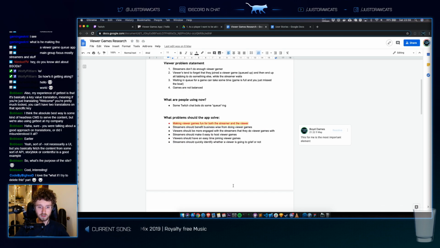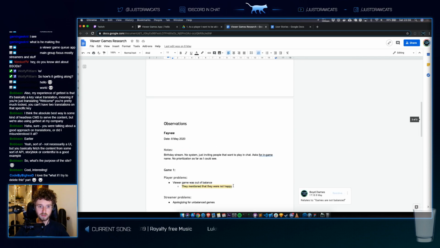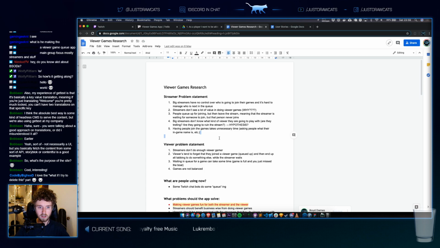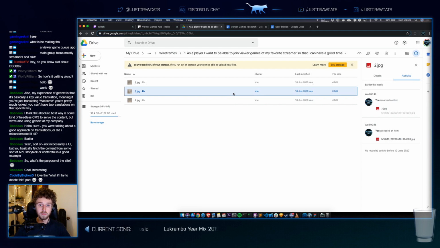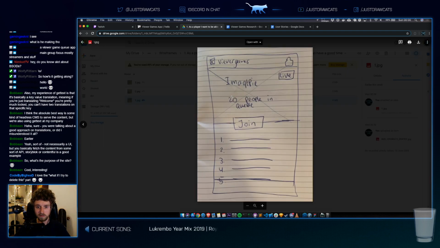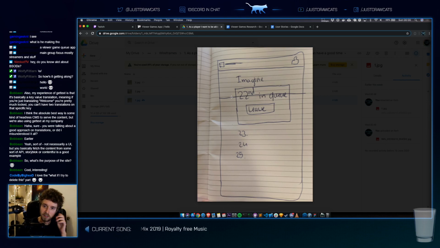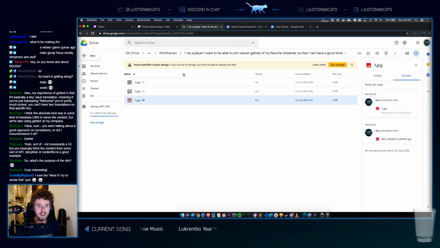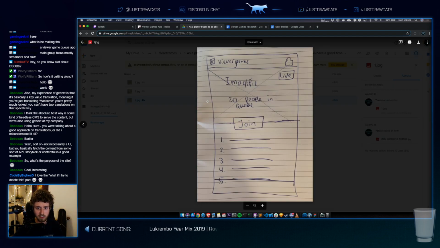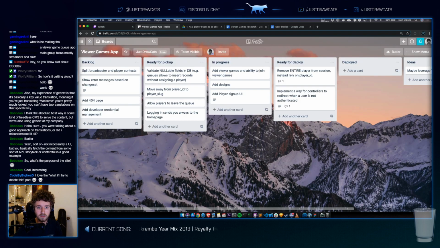We know some of the struggles already, like we've been doing some observations of streamers doing VR games, but we don't have enough yet. Still a lot of hypotheses that we want to figure out. But it's a super fun project. It's super interesting so far. This is the UI in concept right now, and we're slowly implementing this. This is the start, the simplest part of the UI. The next part is implementing actual VR games and pulling people out of the queue and what it's going to look like when they get picked, but that's next.